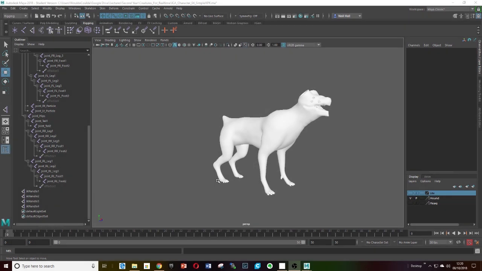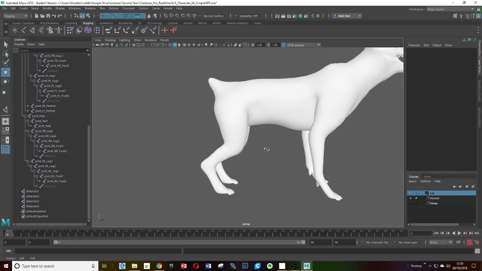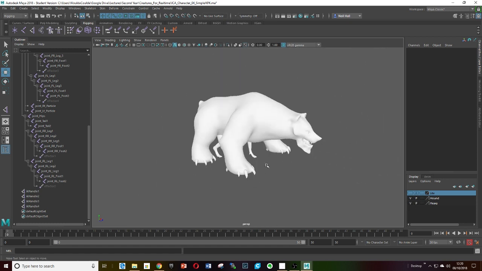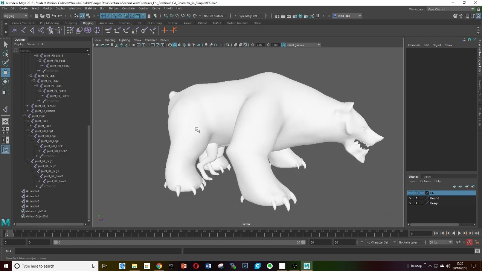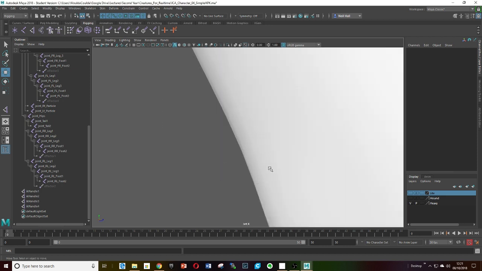So before we go any further, I just thought I'd have a quick look at the two characters. We have the hound here, and we've also got the heavier bear. Now, out of the two, the bear is going to be slightly easier to rig, similar to the ant-like creature we have, mainly because his feet are on the ground as well. So if we just hide the hound for a second, and if you go into the left view of this character,